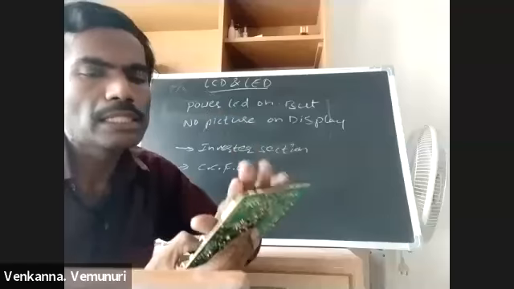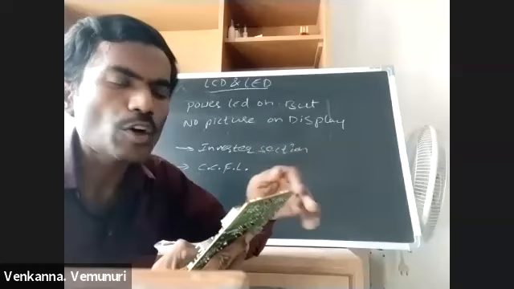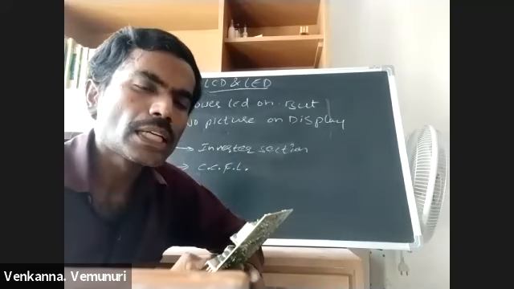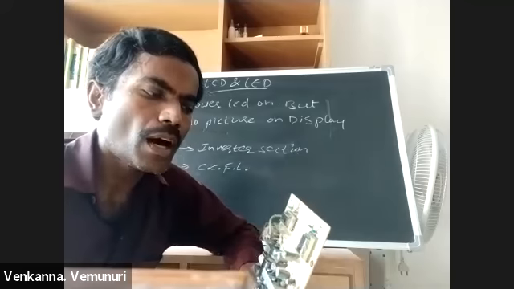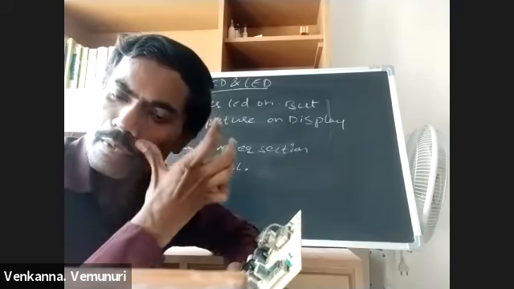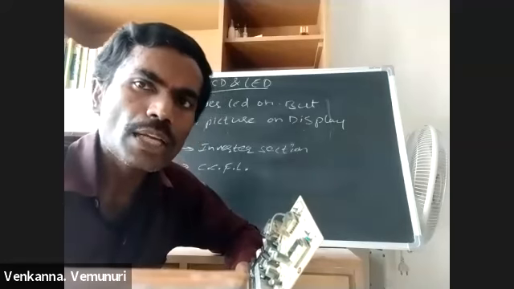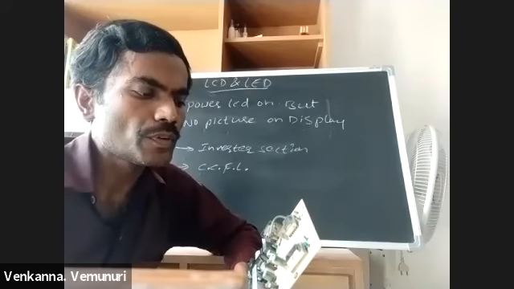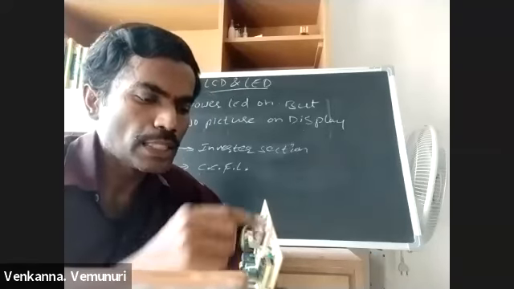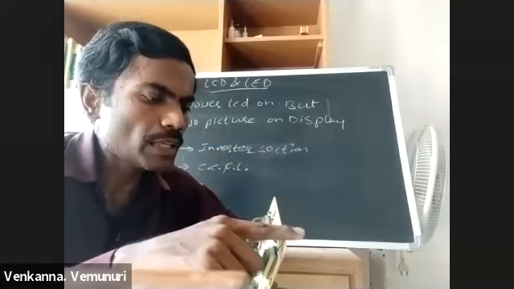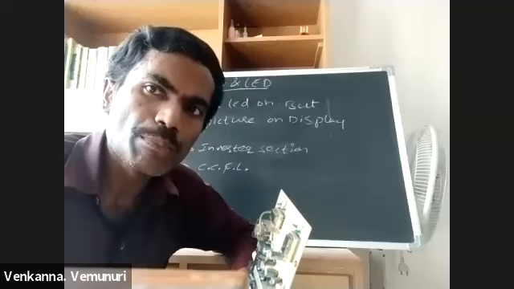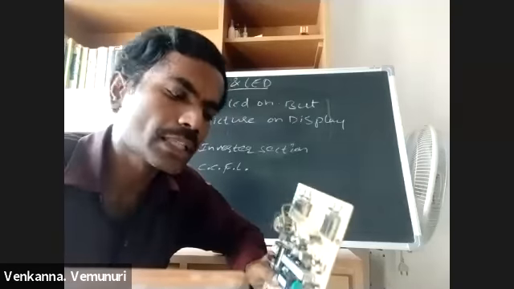Sometimes this inverter section is working properly and it is giving output voltage also properly, but CCFL lamp is not glowing. That time you are suspecting CCFL lamp or this inverter section to CCFL lamp. In between they are using some cables. Sometimes cables also damaged. So first we are checking here supply is okay. That time we are checking that CCFL lamp cable. If cable also good condition, that time we are suspecting CCFL lamp. You replace that CCFL lamp, that time monitor is working properly.